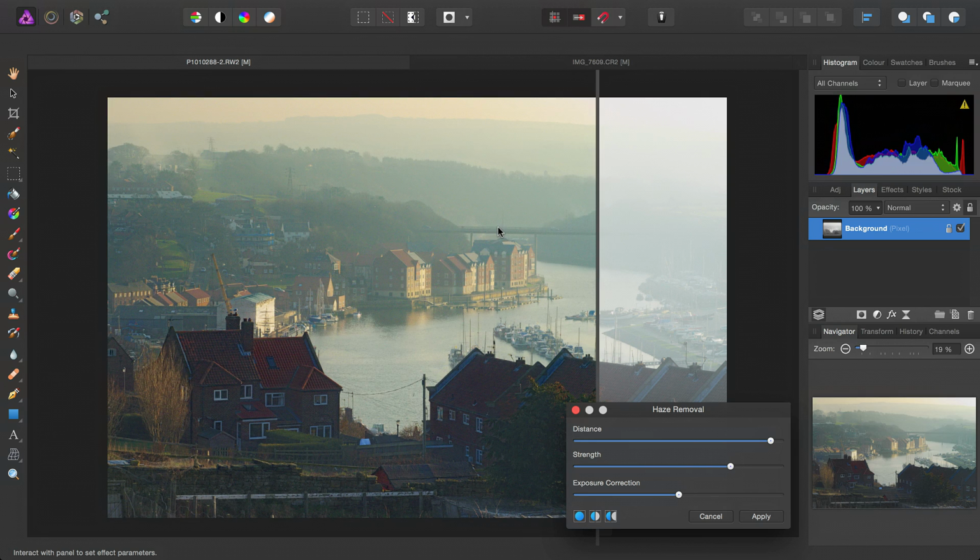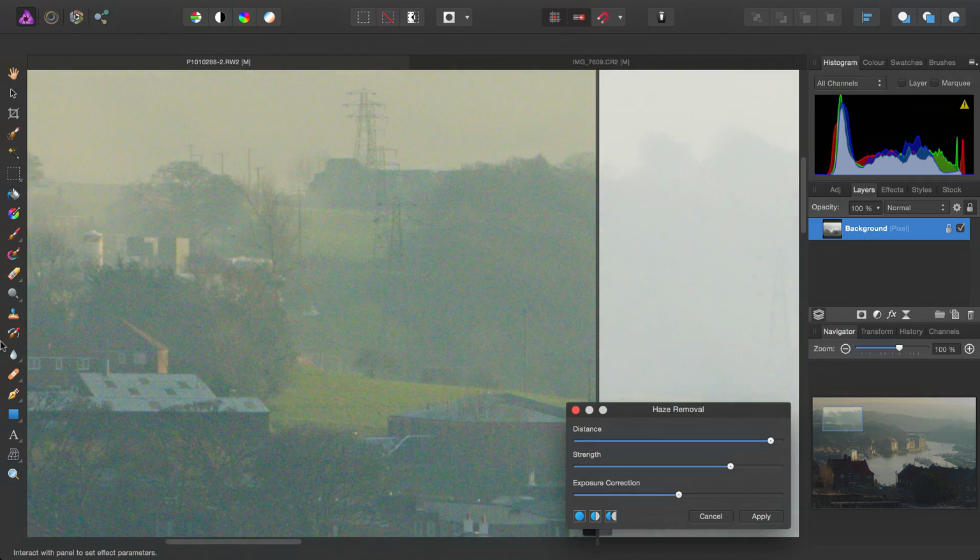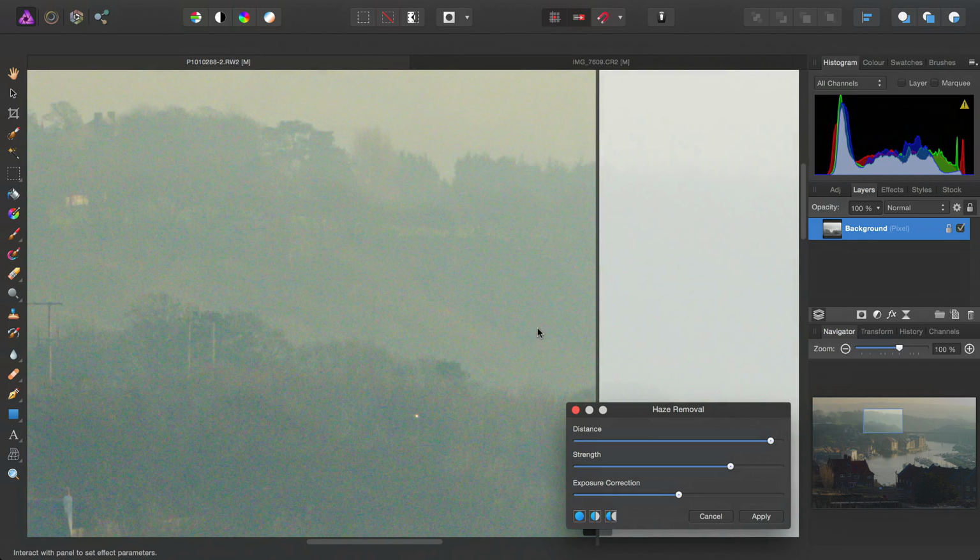Be careful in finding a good balance with haze removal, because if we look in here, we've got a lot of chrominance noise as a result of this dehazing. So you might find there's quite a bit of noise hiding in those areas of your image. To tackle this, you can either use more conservative settings here, or you can do some noise reduction after you've